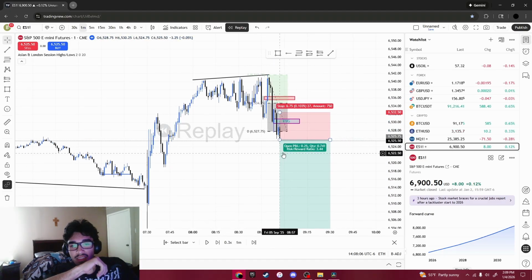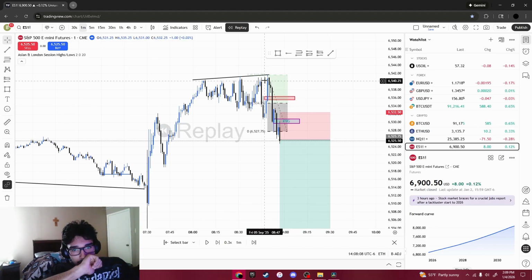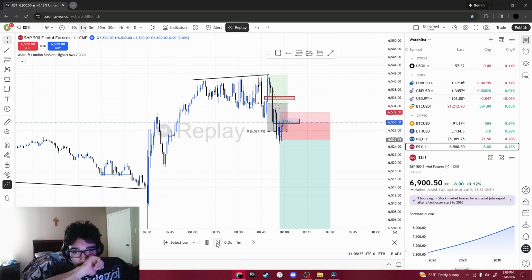Why do I target all these lows? Well, look, bearish SMT divergence disrespects this gap, reverses back here. Let's see if my